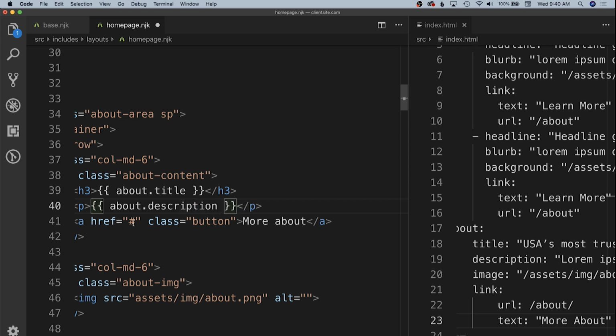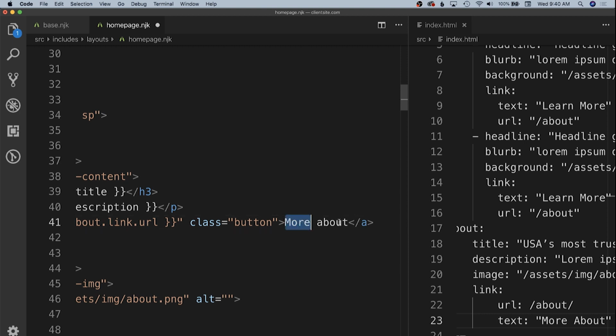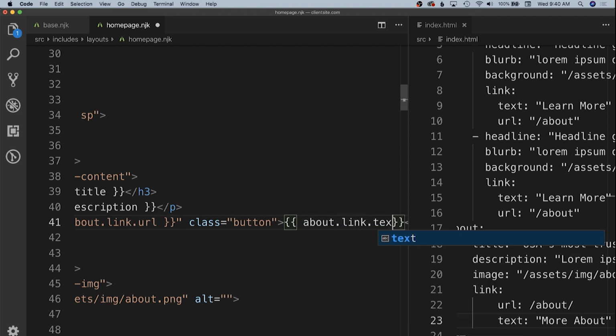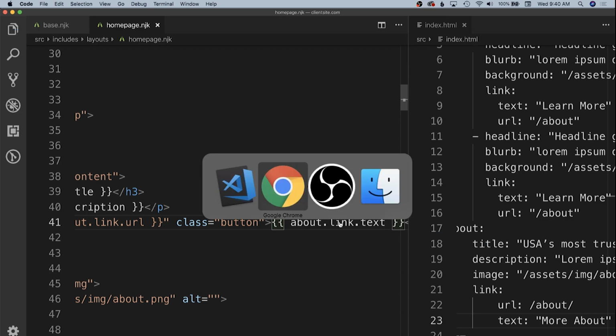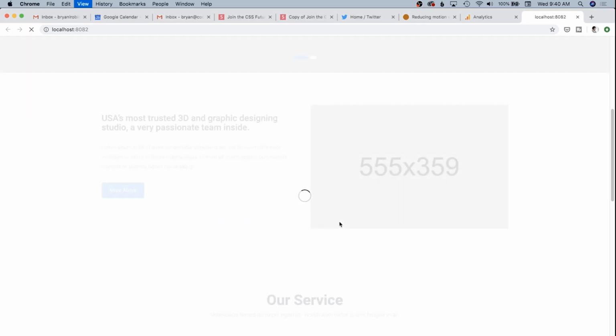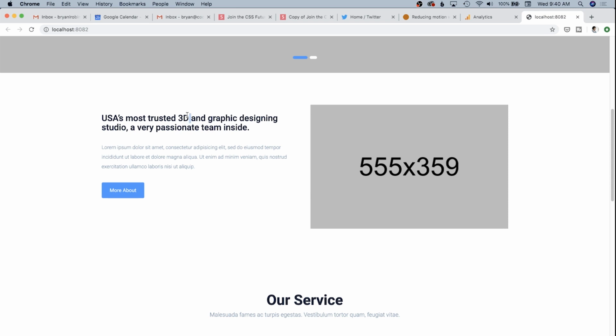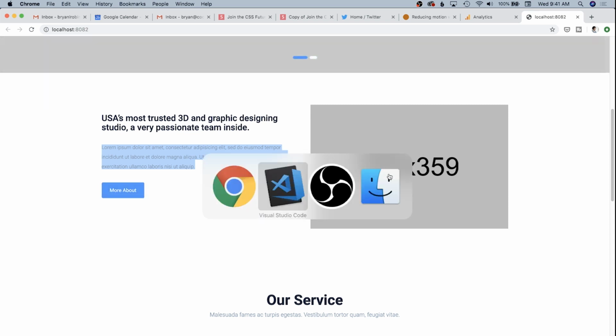And then our link will again have a about.link.url as well as an about.link.text. Save that in. It'll automatically refresh over here. And there we have it. We have the title, which is the same now. We've got a simple set of paragraphs here, a link, and then we also need to replace our image